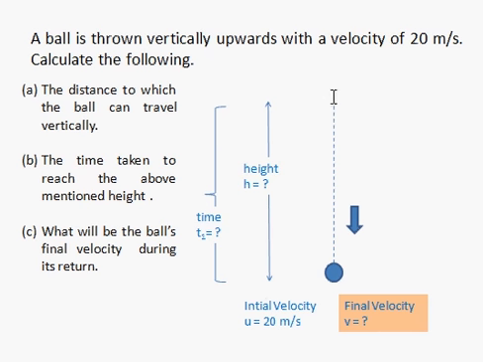As the ball reaches the maximum height with 0 meters per second velocity, it will try to return back to its original position. While it is doing so, the velocity of the ball tends to increase because of the Earth's acceleration due to gravity, and it will hit the Earth with a particular velocity. The third question is all about that particular velocity. And the fourth question is the total time taken by the ball.